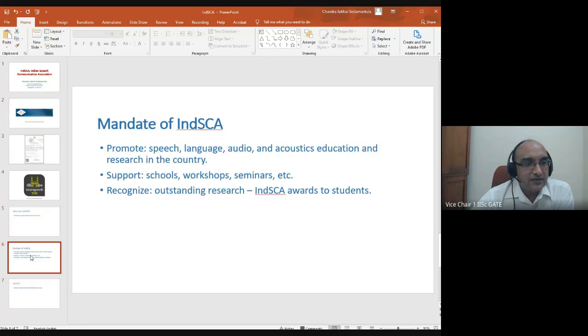So what's the mandate of INSCA? This is the mandate. It's a single point mandate: promote speech, language, audio, and acoustics education and research in the country. We would like to support all kinds of schools, workshops, educational seminars related to this objective. And that is how we are supporting the school that Prasanna and Samudra Vijay and Deepak are organizing at IIT Dharwad. We're very happy that despite the pandemic, you're actually having a hands-on workshop